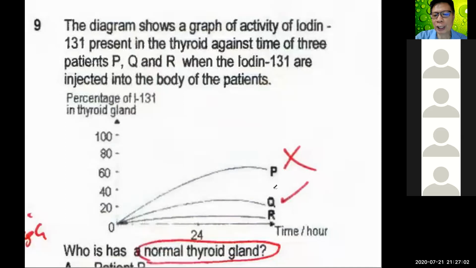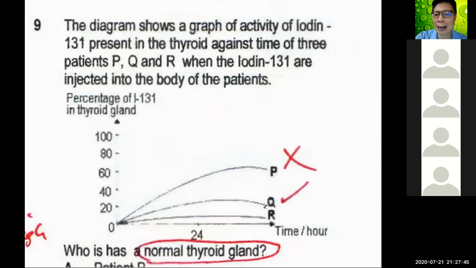For this patient, when you inject the iodine, the radiation goes up a little bit, and then it goes down. It starts going down. This person's thyroid is healthy, because the reading goes down. For the other one, the reading is too high and never comes down, so this person's thyroid gland is not normal, there is a problem. A normal thyroid goes up a little bit, then quickly comes down. That is a normal thyroid. It will discharge the iodine.